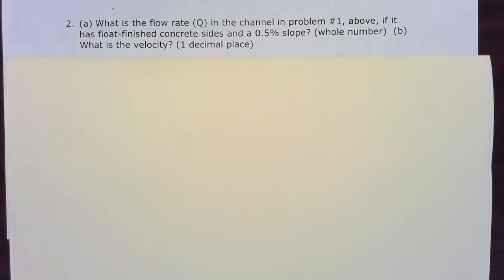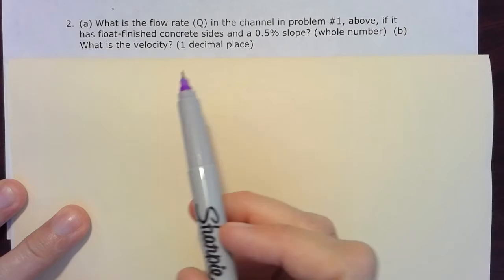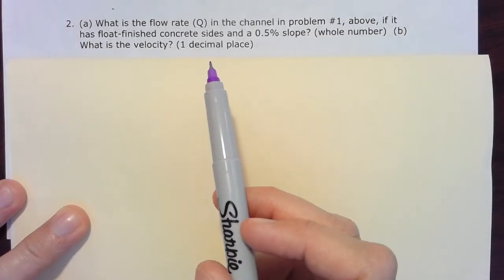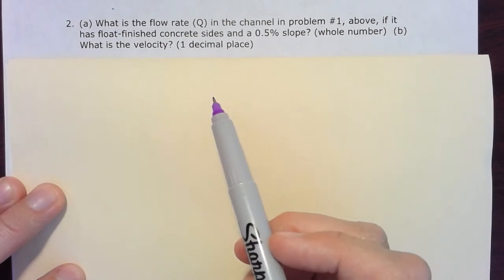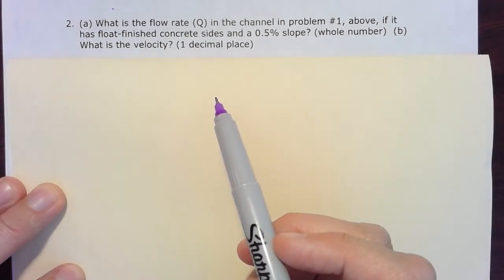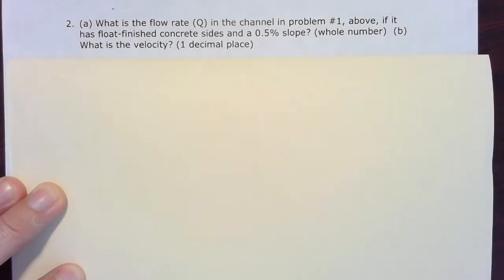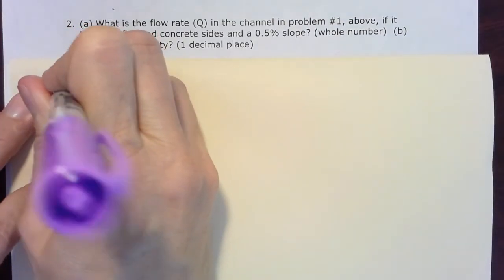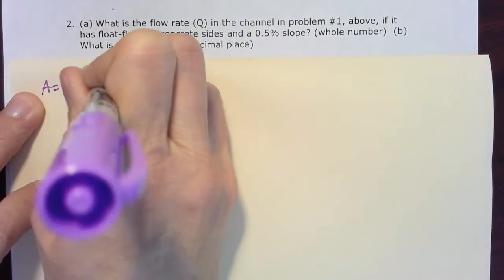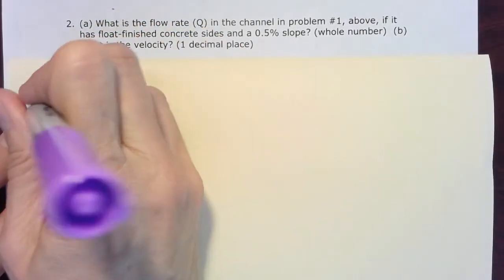All right, let's take a look at homework problem 2 of chapter 4. We're looking at the flow rate Q for the channel that we just solved for above, if it has float finished concrete sides and a 0.5% slope. So from the problem we just did above, we were able to solve for both the area and the hydraulic radius. So it said that the area was equal to 102 square feet and that the hydraulic radius was equal